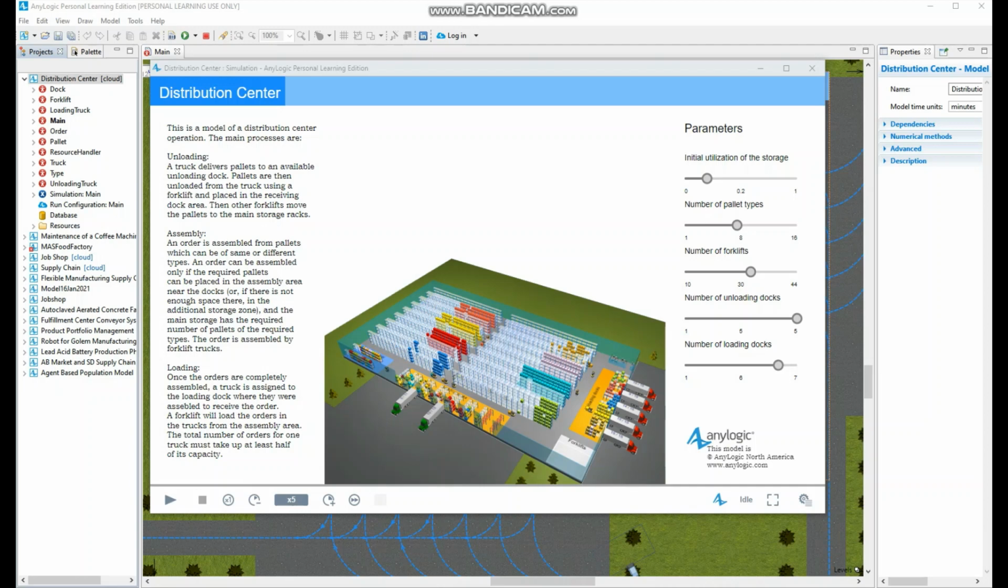So a forklift will load the order in the truck from the assembly area. And on the right hand side, we have several parameters that can be changed. So the first one is initial utilization of storage. So here we put 0.2 in terms of the utilization, and the maximum amount is 1 while the minimum is